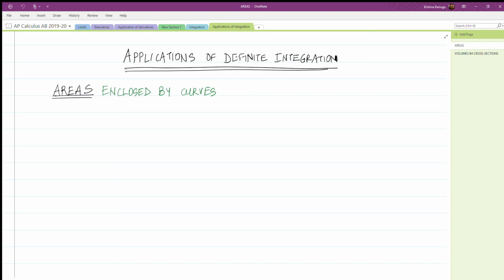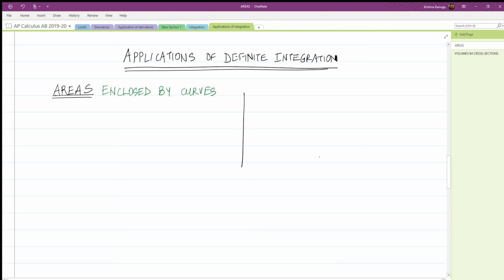In this series of videos, we're going to discuss various applications of definite integration. Our first application is going to be one of calculating areas enclosed by curves. Having studied integration so far, we already know how to calculate the area enclosed by a curve and the